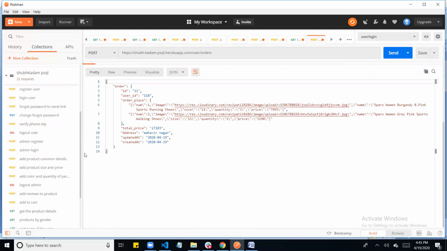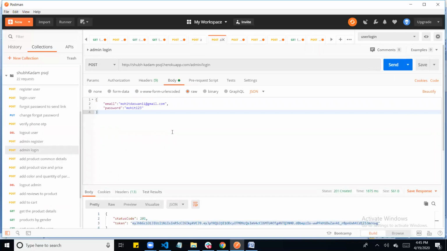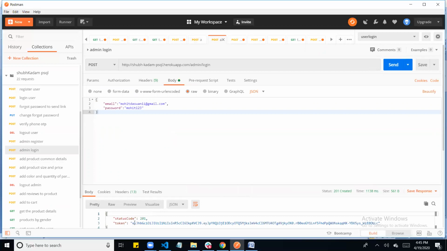And there is something similar for admin also. As admin, I have to register first. So first I will register by this email address, and it says email already occupied because I have already registered this email. So I have to actually log in. So I'm logging in.